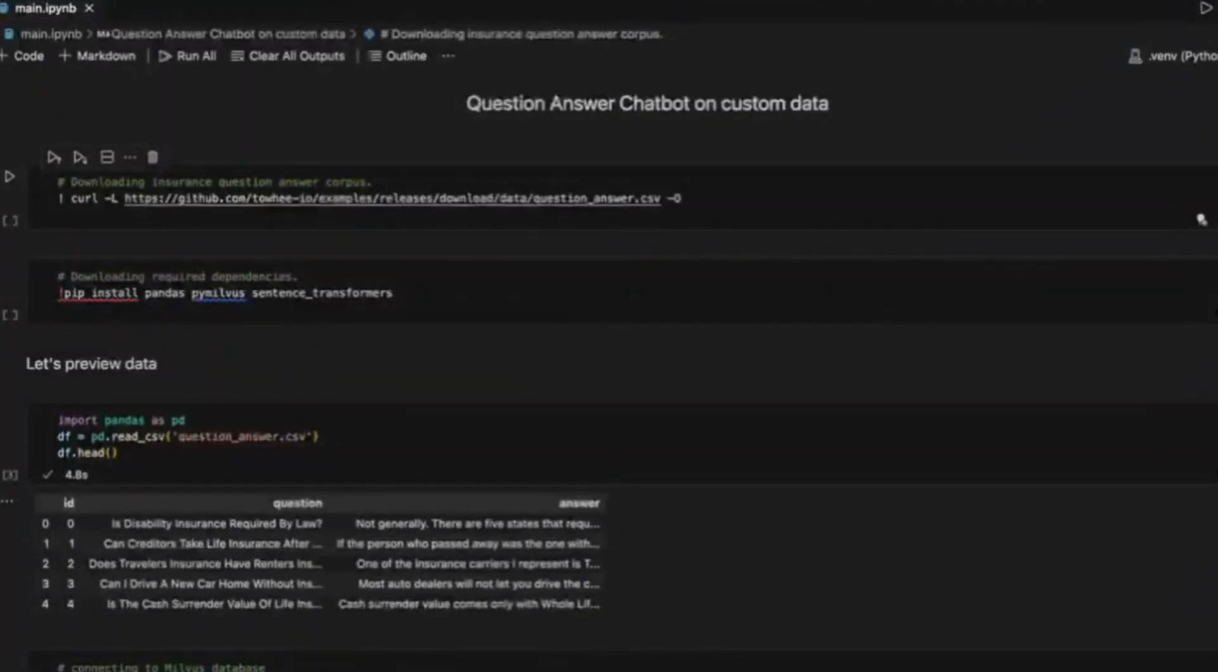Okay, so I hope that you are able to see the Visual Studio. Right, so this is the Python notebook. Inside that, I will show you how we can utilize whatever we have discussed so far to implement the chatbot. Right, so in the very first step, we will download the dataset, the CSV dataset, using this